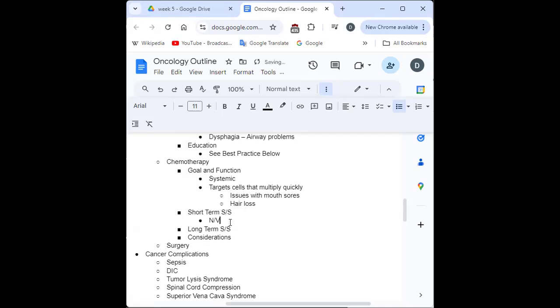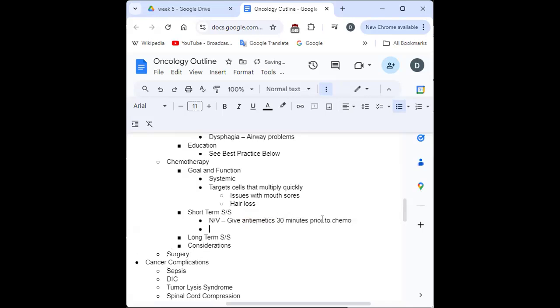Definitely nausea, vomiting. That's going to be a common one. So some things like give antiemetics 30 minutes before, like a good idea, because they're going to be very nauseous. Definitely fatigue, definitely mucositis. But there's one word that I want you guys to really